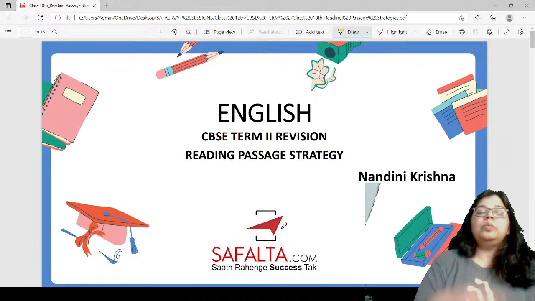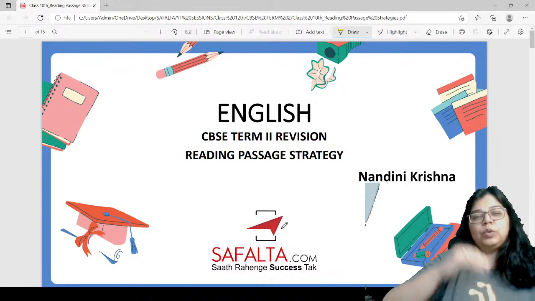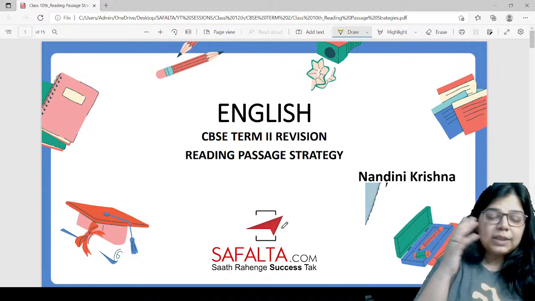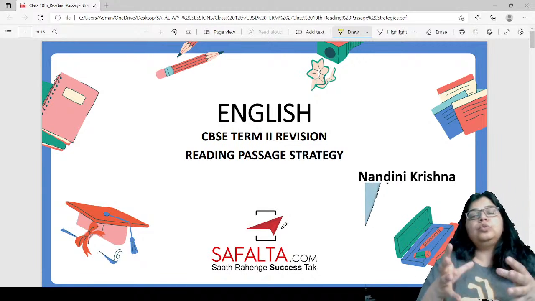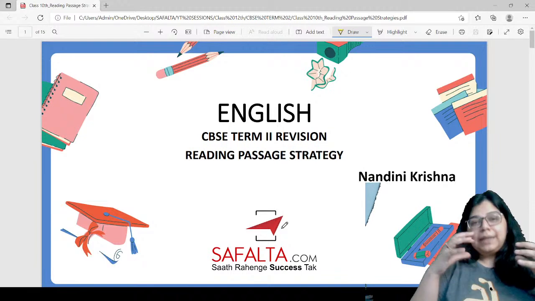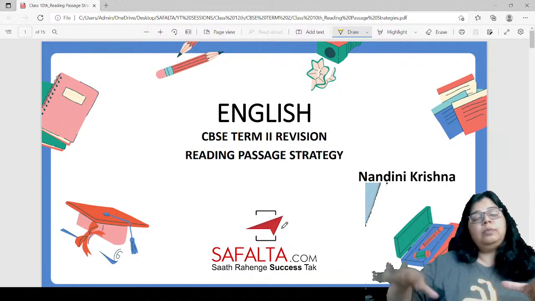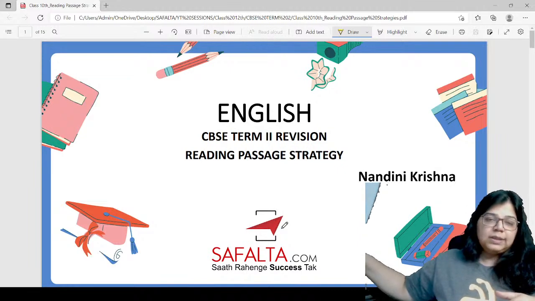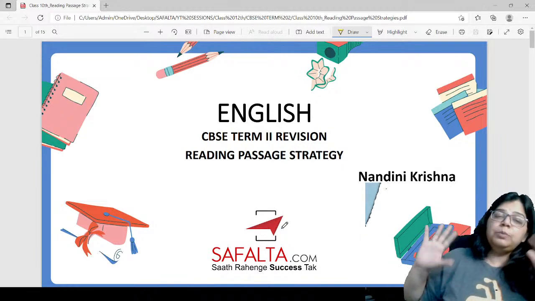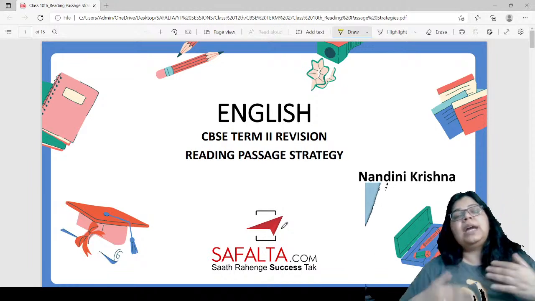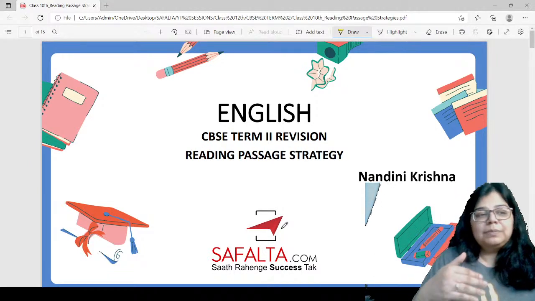The strategy that we are going to understand today will not only help you spend lesser time on the reading passage, so more time will help you to obviously do your other sections better. It will also help you with your vocabulary section because you'll get more time. And also this strategy will help you get maximum marks. So it's double